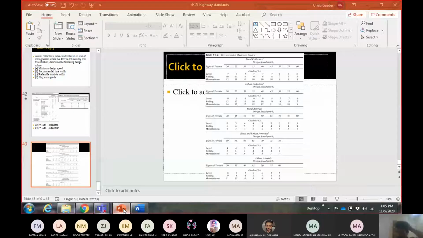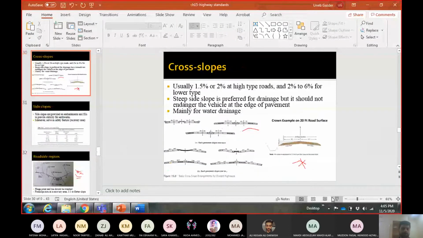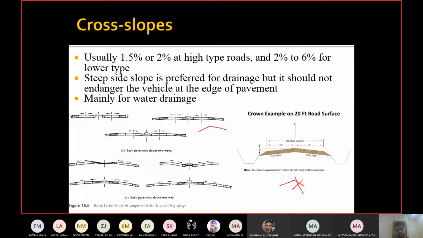Everyone. So today we are going to continue with the topic about highway standards. And up till now, what we have done is we have discussed the standards regarding different things. First of all, we started with design hourly volume. Before that, we have already discussed highway classification. Then we discussed design speed. There were a couple of tables which I showed you for selecting the design speed.